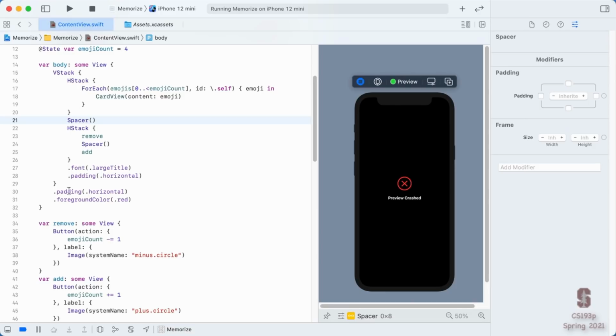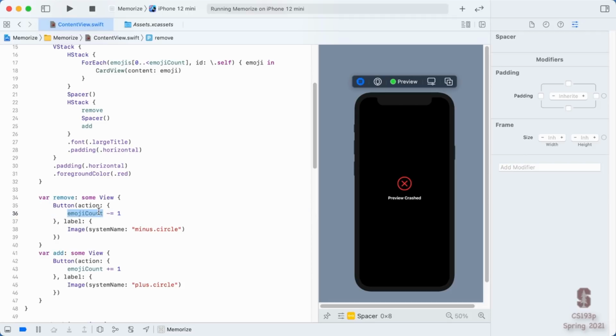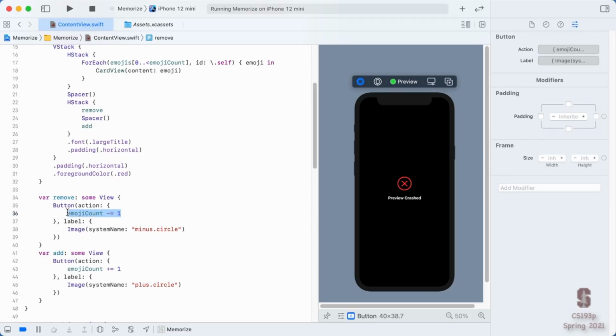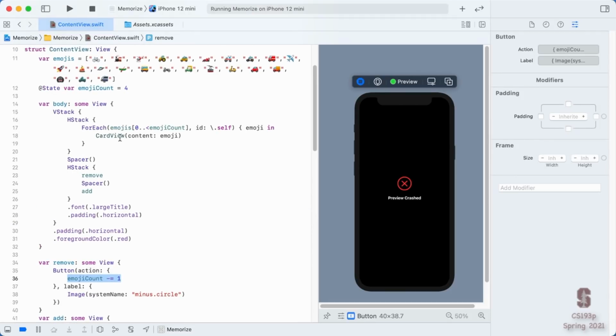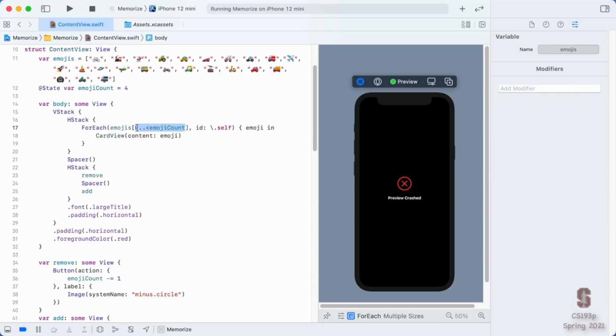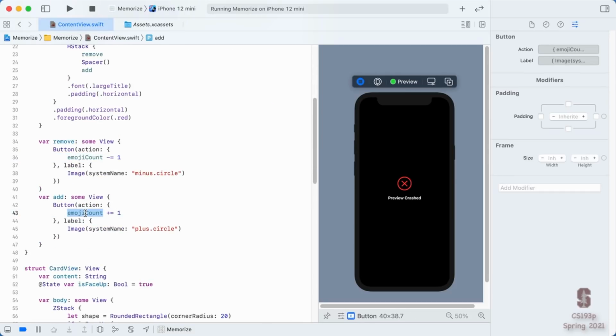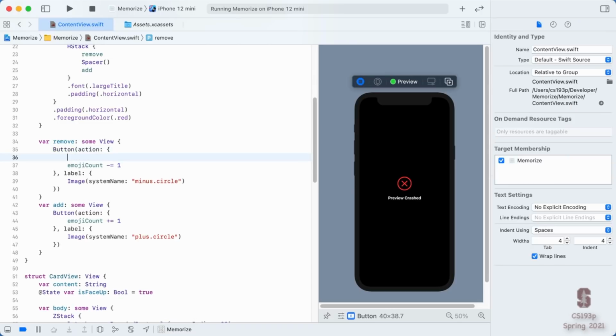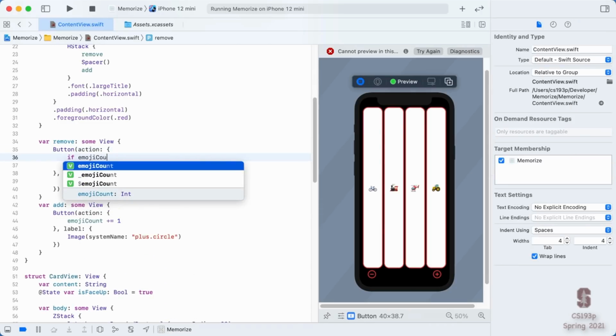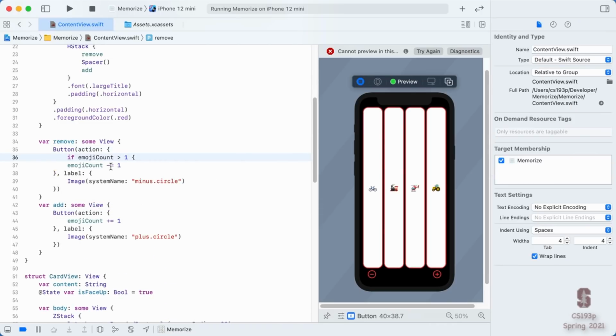Why? Because I kept going minus so much that minus count went below 0. And then I tried to create this little range of stuff inside my array where this was negative. So that's clearly no good. So we really need to protect ourselves against those array index out of bounds. So here we'll say if emoji count is greater than 1, then we'll do emoji count minus 1.